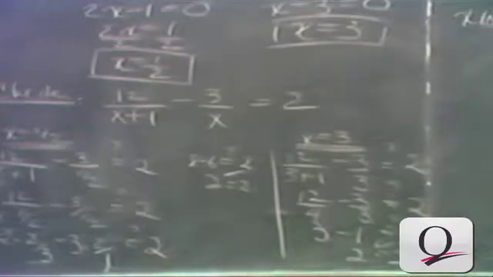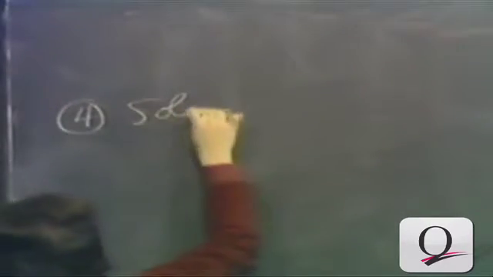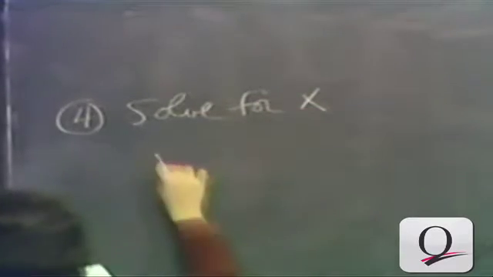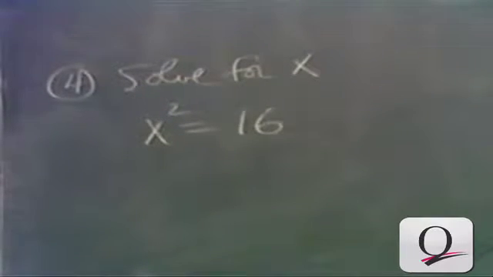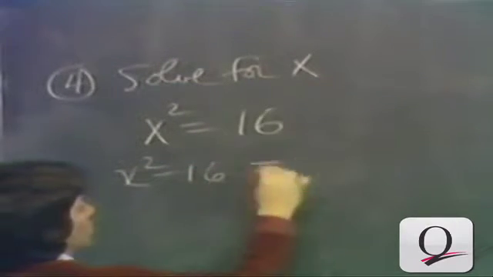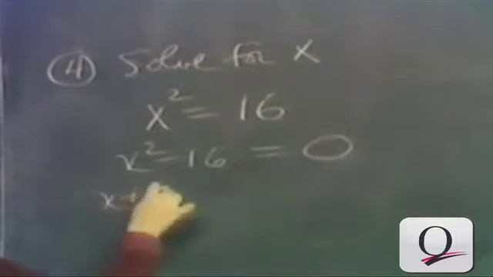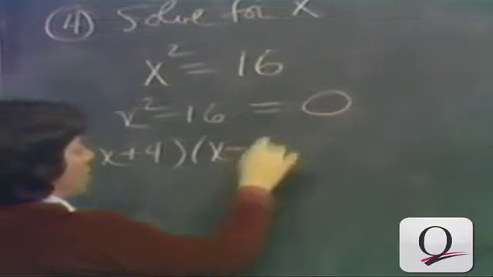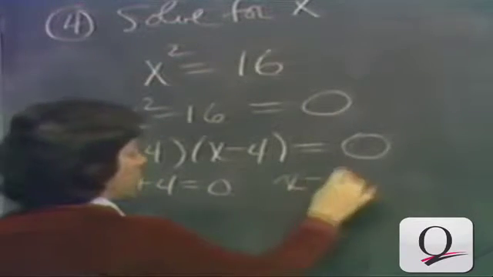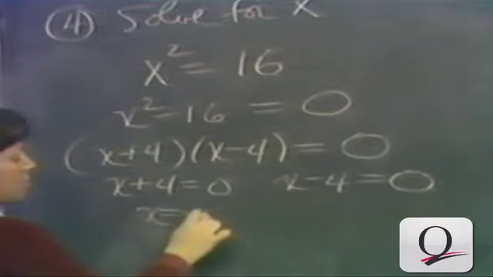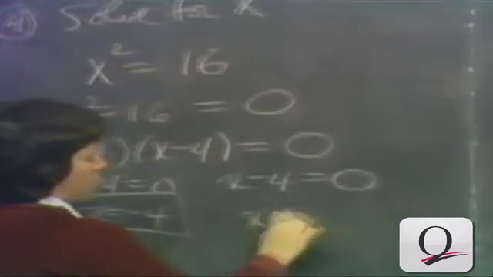Now we have seen several examples in which we solved quadratic equations by factoring. Let's look at another example here. We want to solve for x. X squared equals 16. Now this could also be solved by factoring. We could subtract 16 from both sides of the equation, which factors easily into x plus 4 times x minus 4, and set each factor equal to 0, giving us x equals minus 4 and x equals plus 4